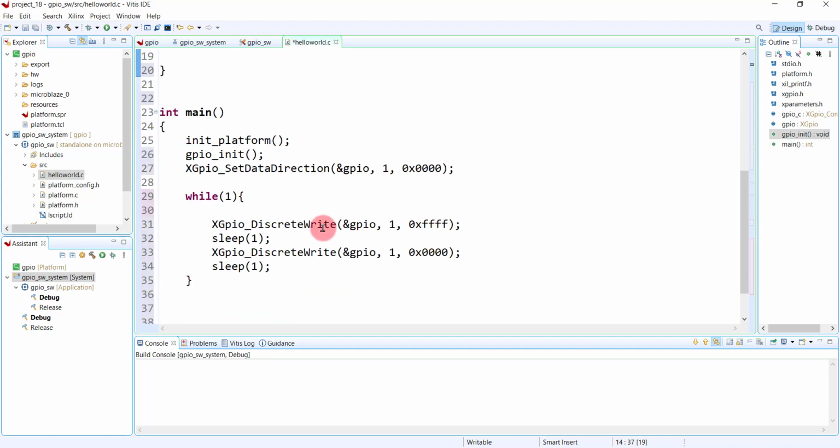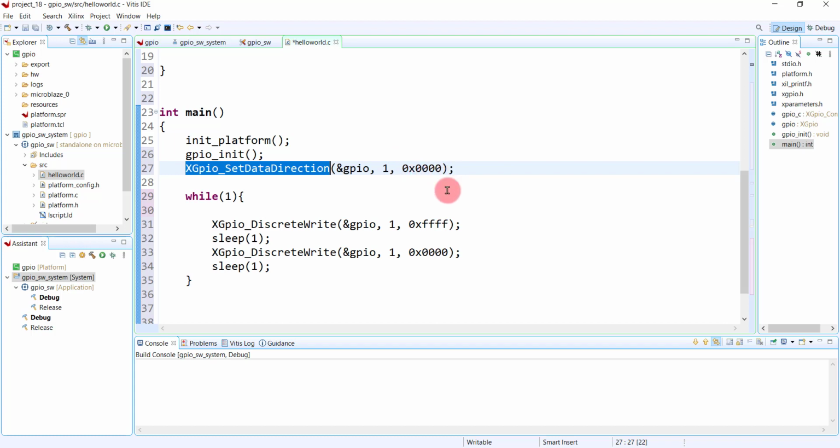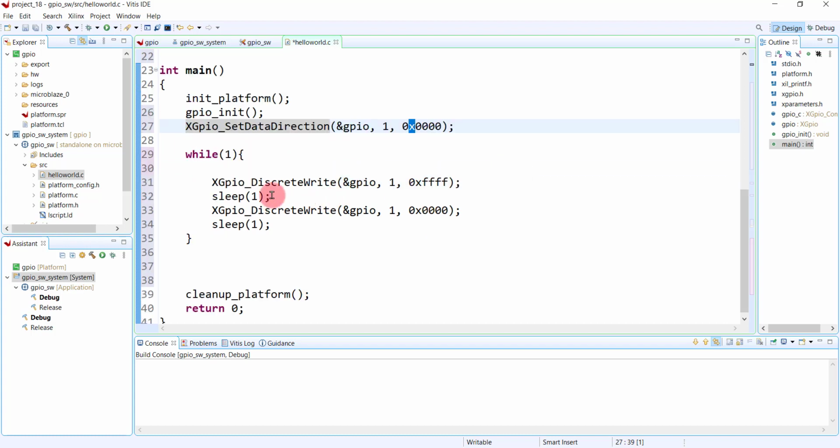Then the only thing that we need to do in our main application is to correctly set the direction. Now here we were working with an LED, right? So we added 0 for each bit where we have an LED, right? So 16 LEDs that we want to control, so 16 zeros, right? And x basically indicates that we are specifying each number in a hexadecimal format, right? So 4 hexadecimal digits is equivalent to 16 binary digits, and here we set all the 16 LSB bits as an output, right? And then we are sending the data by calling DiscreteWrite.